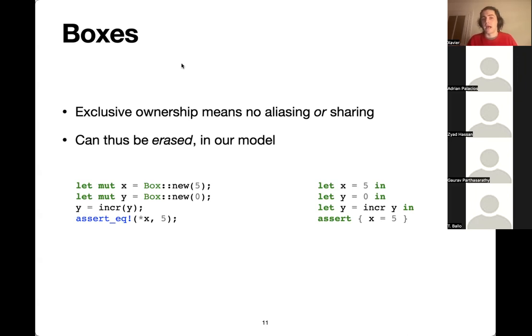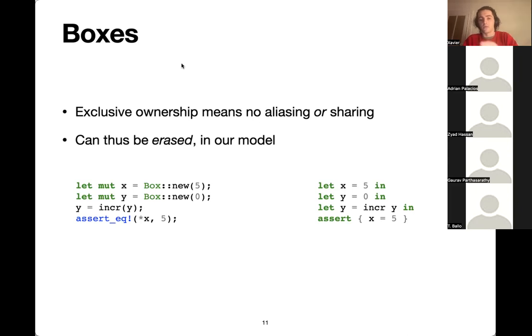It could have been that X actually was the same thing as Y, right? That they were aliased. Or it could be that we're not actually talking about a local variable X in a C program, but a global mutable variable. And because we have all these strong guarantees from the type system in Rust, we can actually erase the boxes entirely in our translation. So we can just treat the values like they were functional programs.